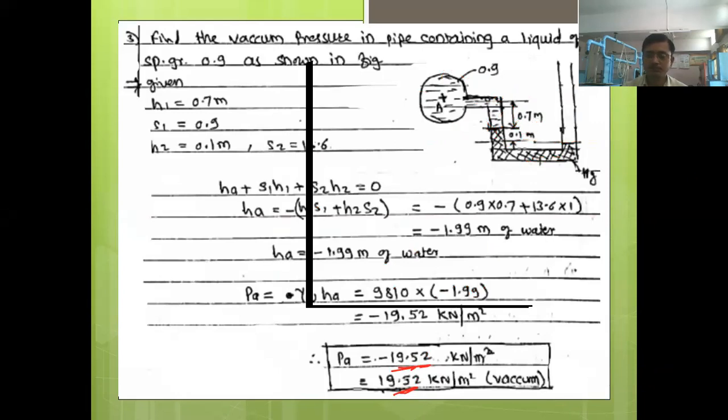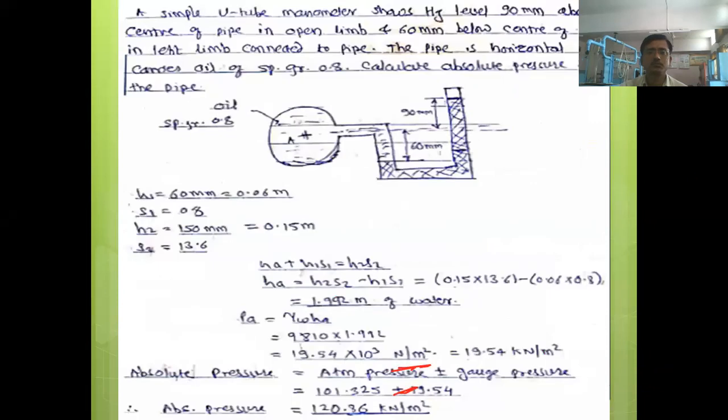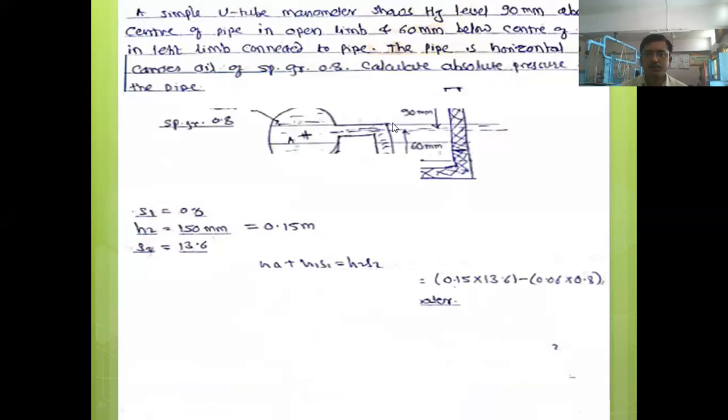Is there any doubt? Next problem. Here we are not going to solve this problem. I just want to know how many of you can draw the diagram correctly. That is the important thing here. The calculation part you can do later on also. Read the problem and try to draw the diagram. Write the problem first.